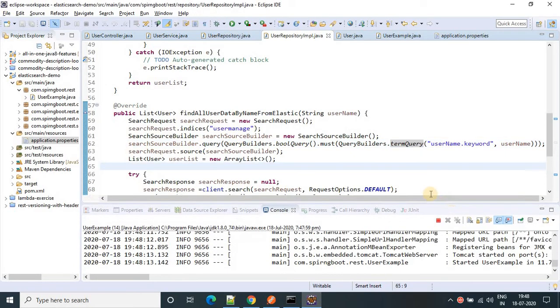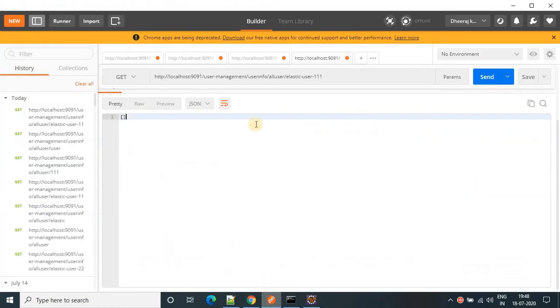So for exact match, we provided the term query, and we are explicitly saying Elasticsearch don't use the analyzed search, you have to use the keyword search. So keyword search and this term query both will do the exact match. So for exact match, we used keyword here.